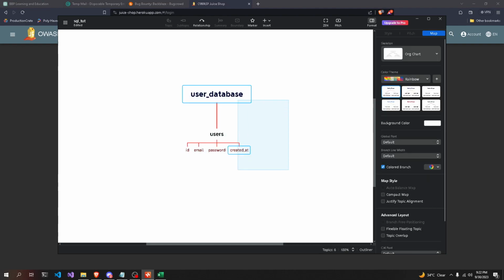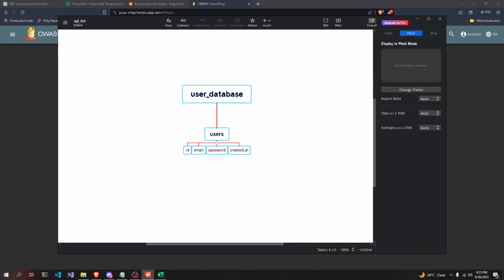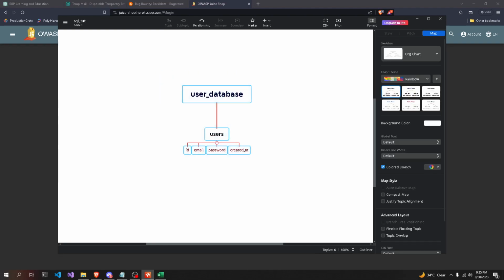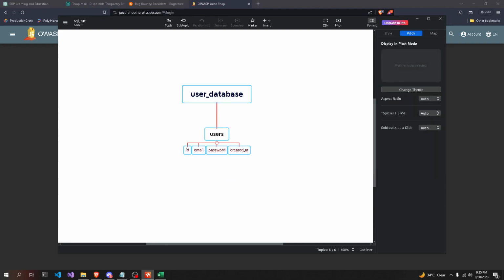So here's a simple structure of a database, an SQL database, and the hierarchy. So starting off, we have the users database. So you can have multiple databases, but this is the user database where all the information for the users is stored. So a database is like a home to store all the information for a particular thing or multiple things. And this is the first step in the hierarchy.